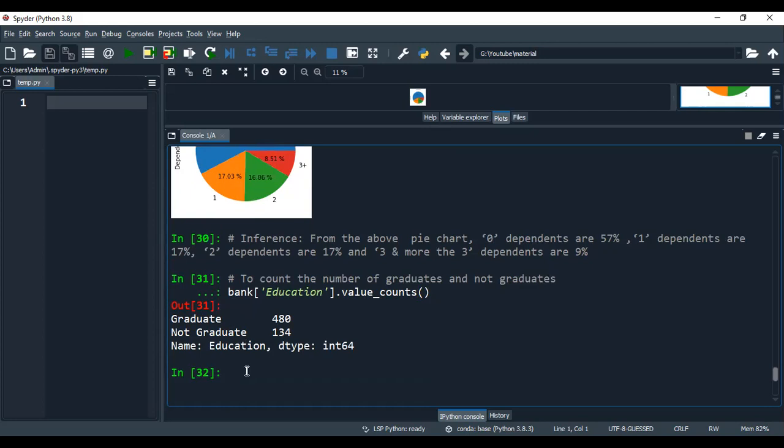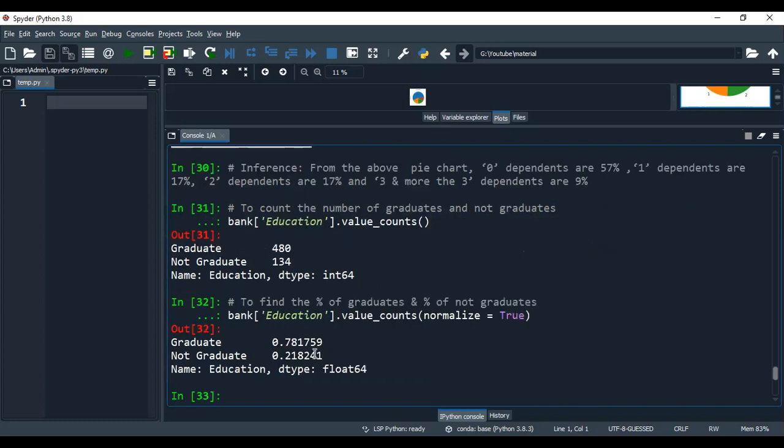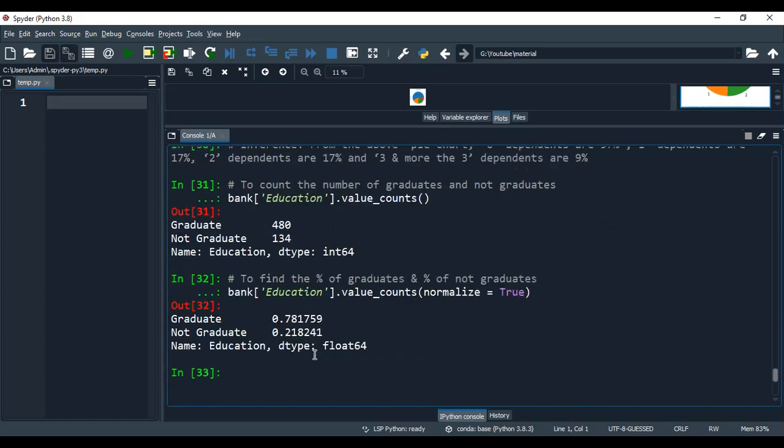So this is the inference that we can have. Now let us find out the row proportions of the education column. Please remember, we need to use normalize equal to true to find the row proportions. So 78% are graduates and 21.8% are not graduates.